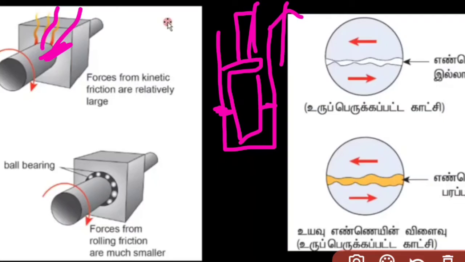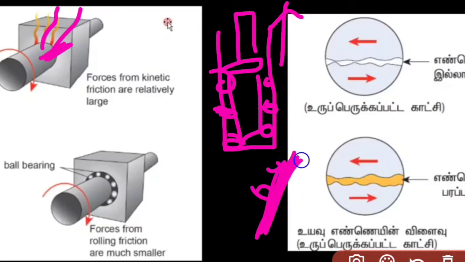But if I place oil over here, in this place, the oil has molecules like this. So what happens is, it will roll. It will also roll. Because of that rolling, the frictional force here will be lower, so I can easily pull it up. Understand? If the friction is high, I have to apply force according to that friction. But here the friction is very low because of the oiling, so I can easily pull it up. So for industries, for these purposes, we use this to reduce friction.